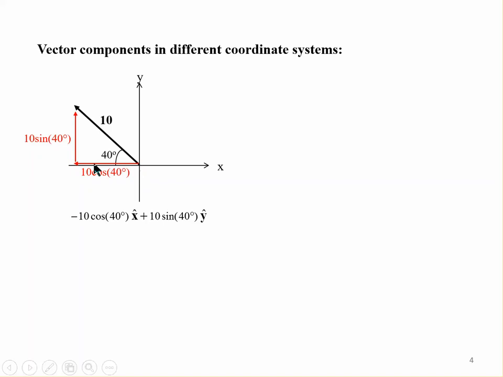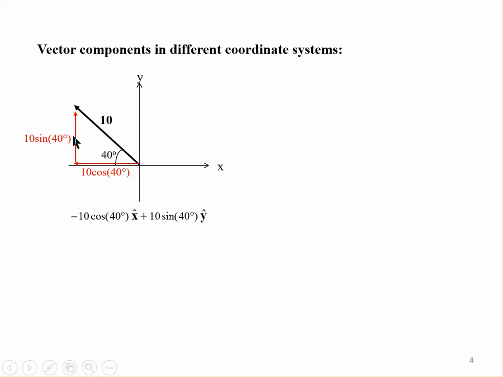I drew an arrow here and an arrow here, because what I'm saying is that this vector plus this vector adds up to this vector. Okay? And when I wrote 10 cosine of 40 here, that represents the magnitude or the size of this red vector. Likewise, 10 sine of 40 represents the size of this vector. Magnitudes of vectors are always positive,